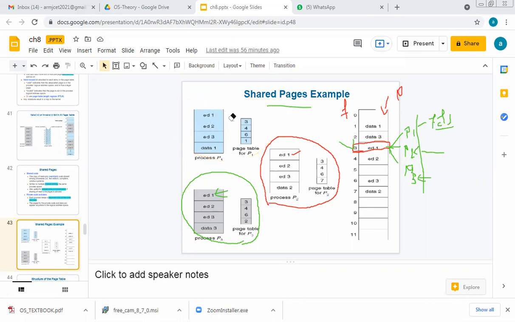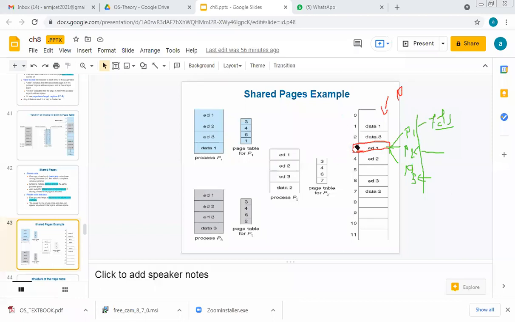At that time it depends upon the algorithm of the memory management unit. It may use the SRF algorithm, shortest remaining time, or shortest job first, or it may use priority. It is not in our control. It depends upon the memory management unit. Based upon the situation, it will take up some algorithm to give the same page, which is about to be referred by three different processes. Hope you understood.